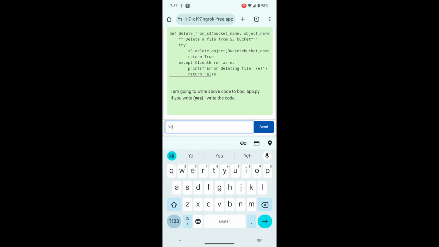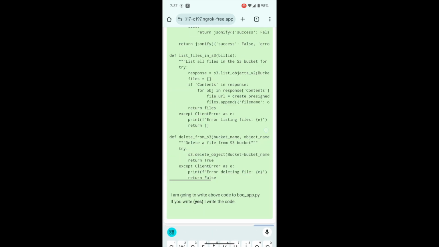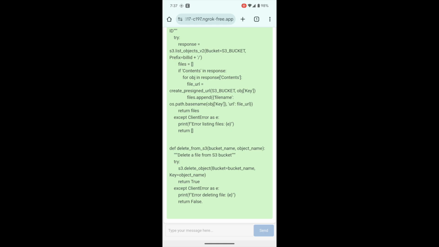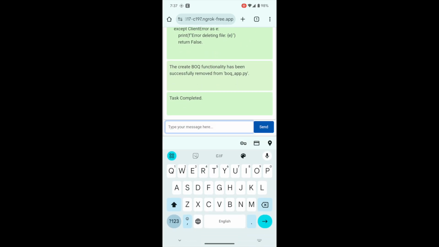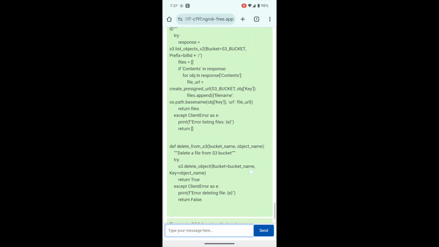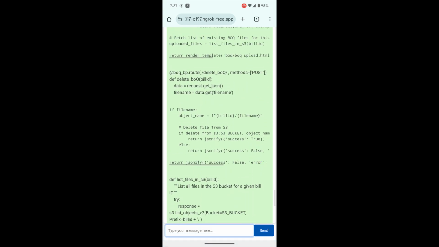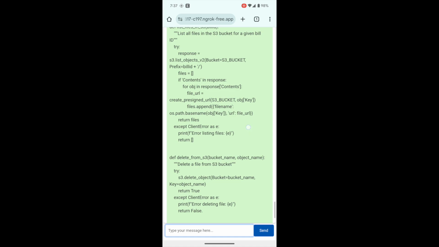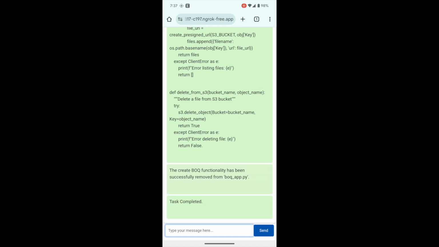Basically, the agent asks us whether it has the permission to write it in the file or not. To make any change in a file, the agent is going to ask the user. Now, see, we say yes, and basically the agent writes that code to our file. So now our file has the modified code over there.